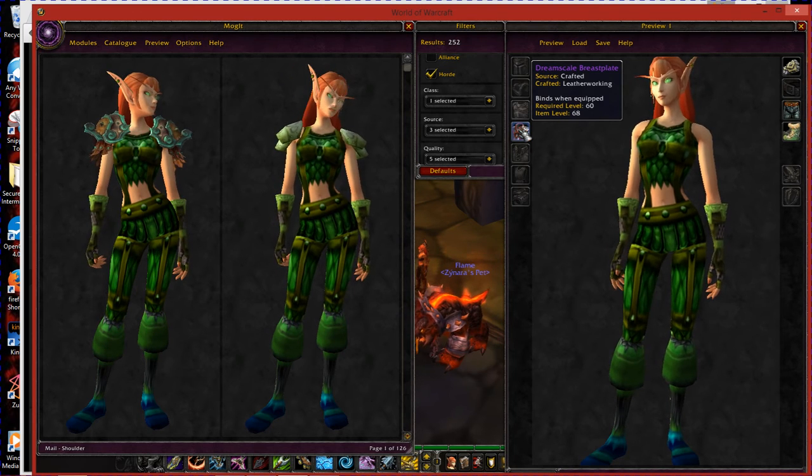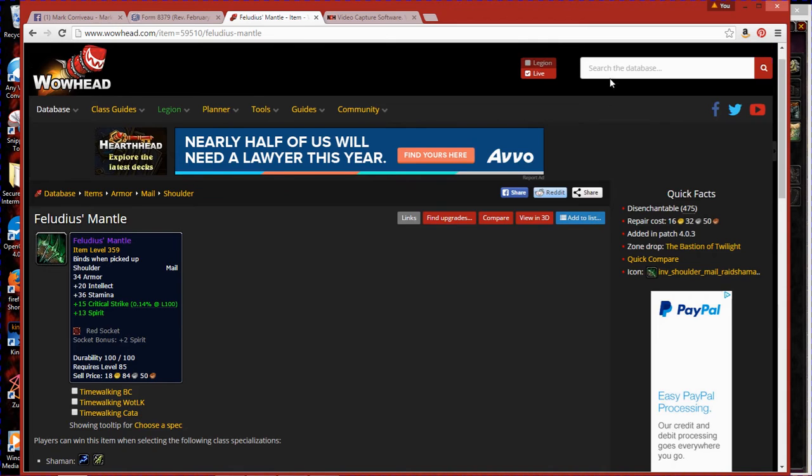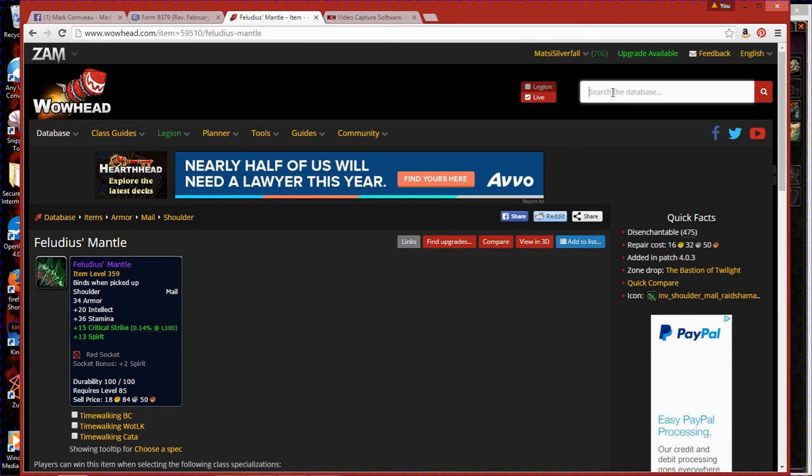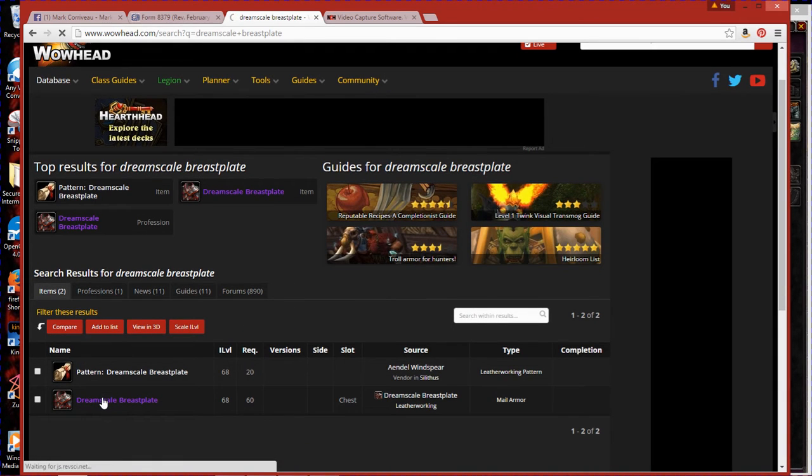I'm going to say Dreamscale Breastplate, seeing what other MOG items people have come up with and have listed here. And we're waiting. Dreamscale Breastplate, it is from Leatherworking. We already knew that. We don't need to look at the recipe.